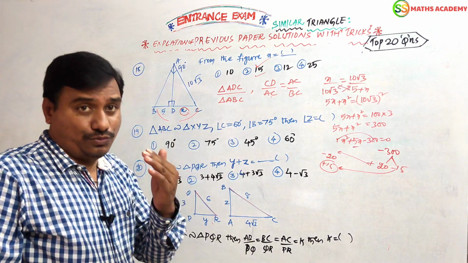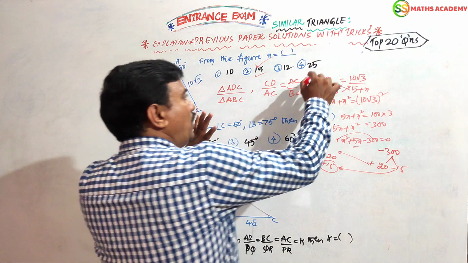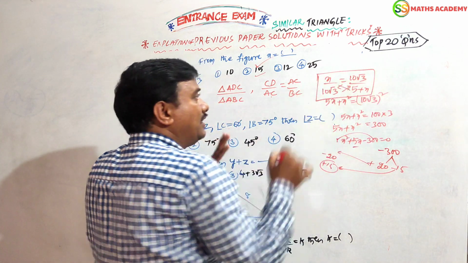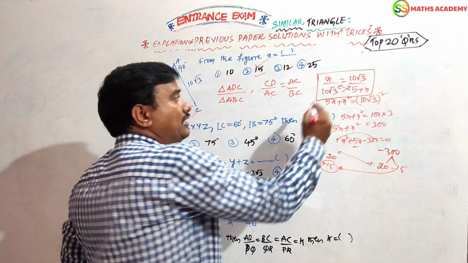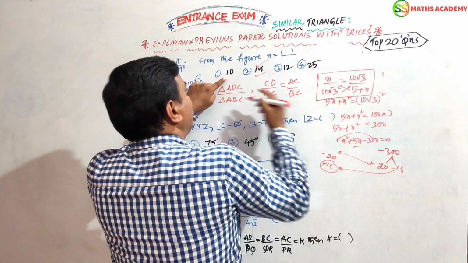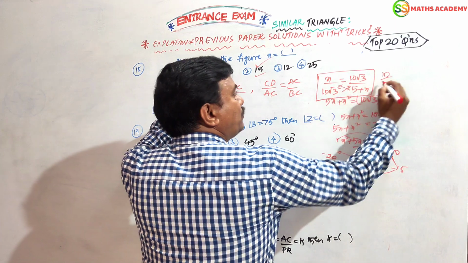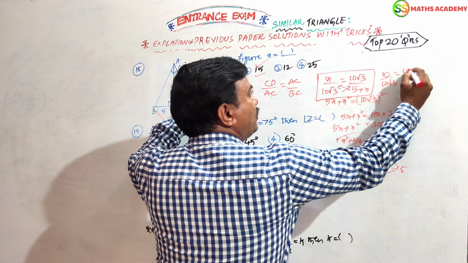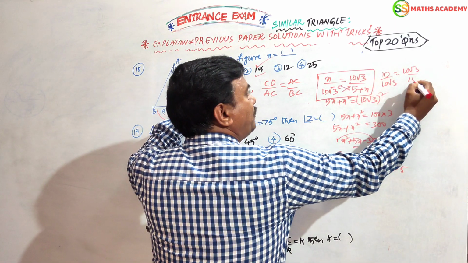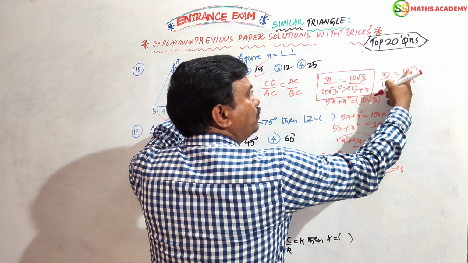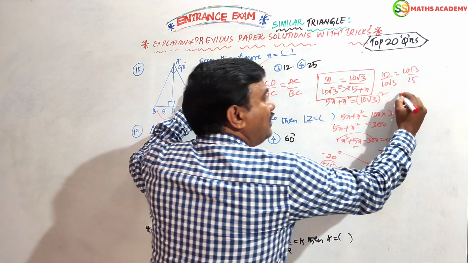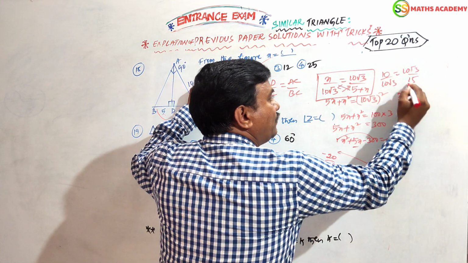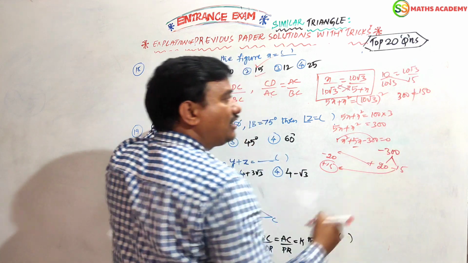Now, see children, here in ABC I want to tell you a shortcut. You have to write this as the first step, and then go with answer to question. Here for x, I have to go with 10 by 10 root 3 equals 10 root 3 by 10 plus 15. 10 root 3 whole square is 100 into 3, 300, and 15 into 10 is 150. These two are not equal.